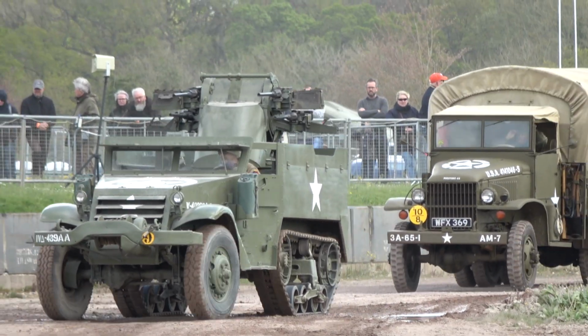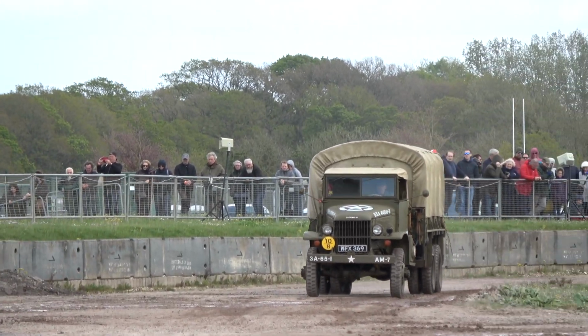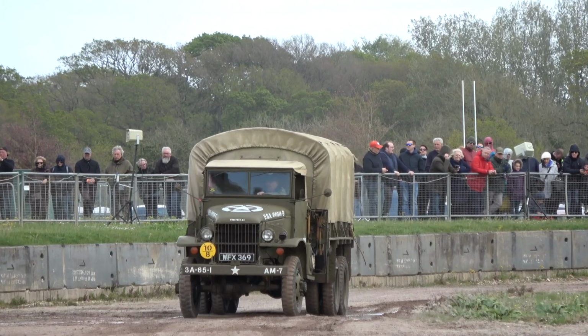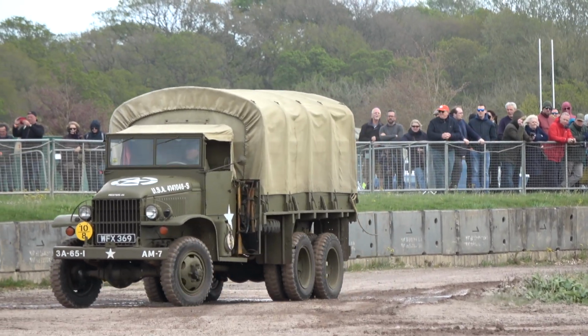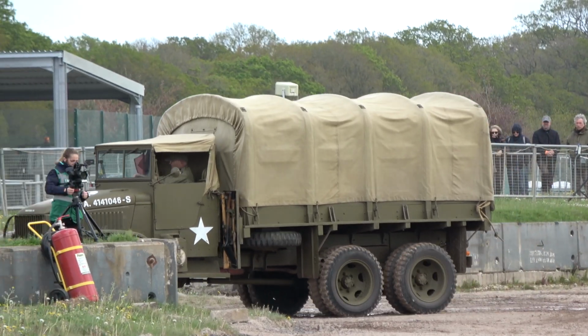And that very last vehicle, which is probably one of the most important vehicles, the GMC Truck there, one of those vehicles, that's what kept the American Army, a lot of the British Army, and a huge amount of the Soviet, Russian Red Army going in World War II, made again in vast...